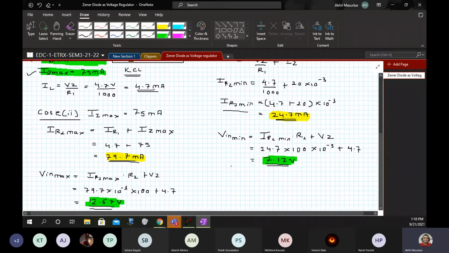So in toto, the change in V in that is allowed is between 7.17 volts and 12.67 volts.